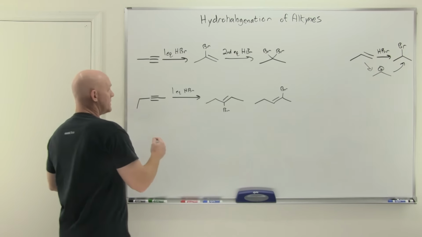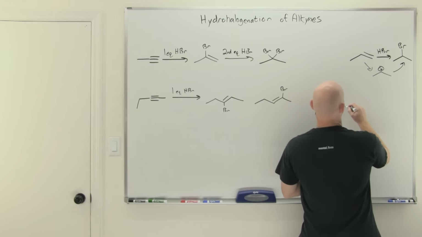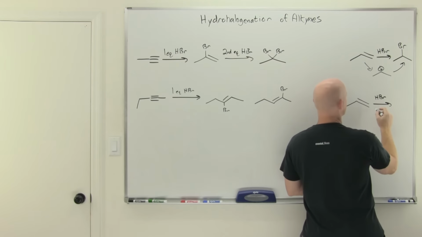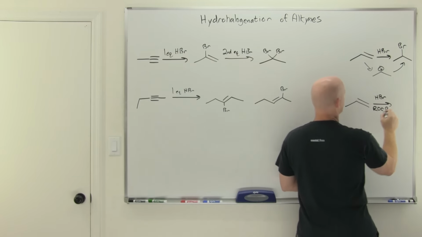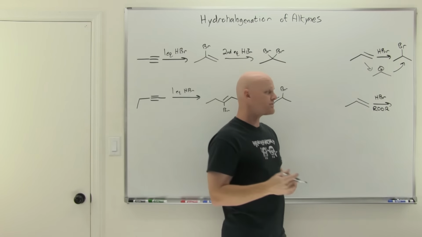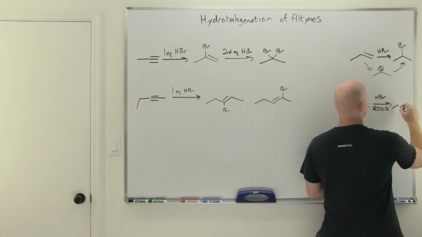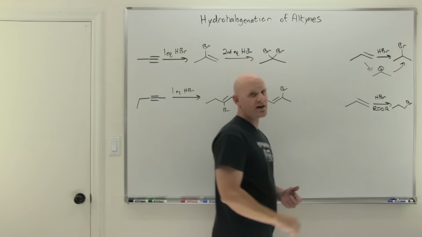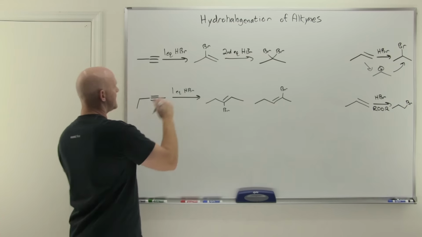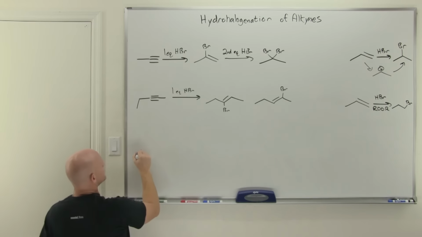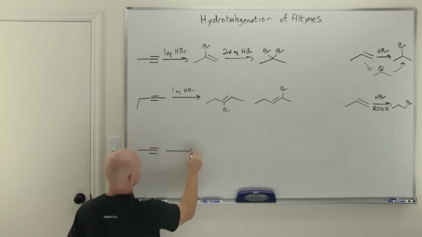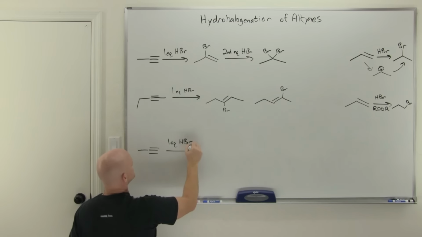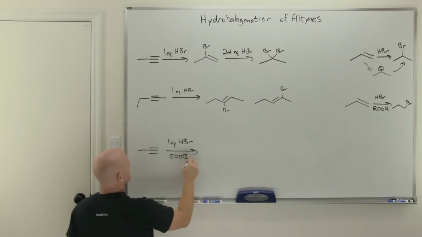Okay. We also taught you in the alkene chapter that if you use HBr specifically, that doesn't work for HCl and HI, but with peroxide, ROOR is our generic formula for an organic peroxide, it goes anti-Markovnikov. It adds the H to the more substituted side and the bromine to the less substituted side, and the same thing will still apply to alkynes. And once again, we'll go with that terminal alkyne, so we can see the difference and see that anti-Markovnikov means something. And so we'll go one equivalent of HBr with peroxide,